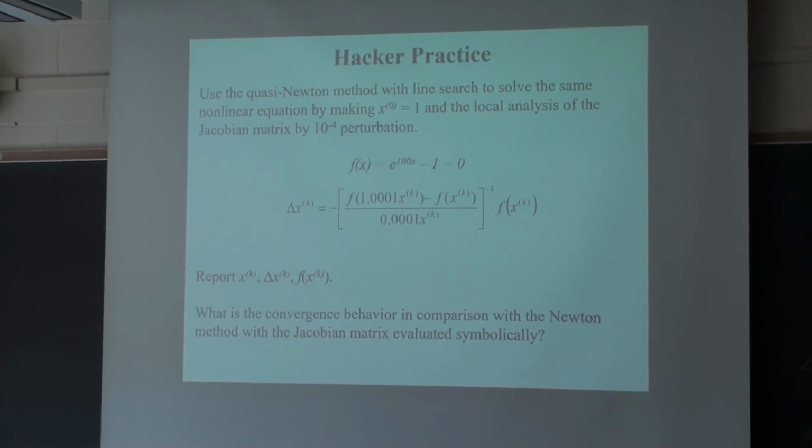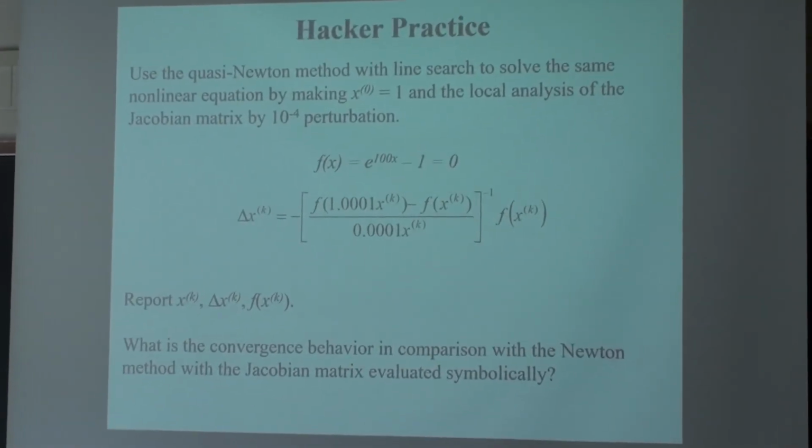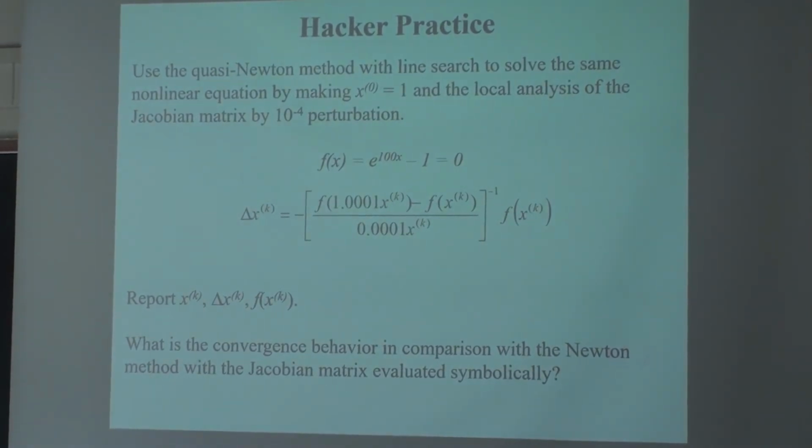Quasi-Newton is not bad. It still eventually gives you quadratic convergence. The secant method is bad, because eventually you will lose the quadratic convergence. But let's try the substitution of the quasi-Newton method. It should be easy in your routine. If you do not have the line search working, just forget about line search now. Just work on the initial Newton iterations, but replace your evaluation of the slope by a numerical slope.